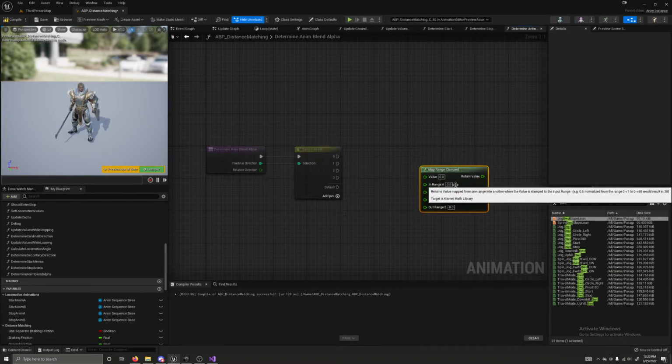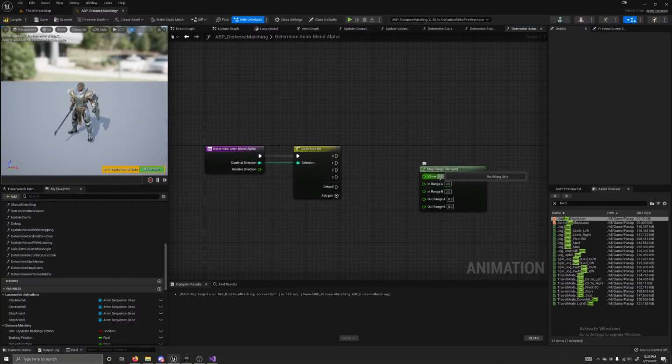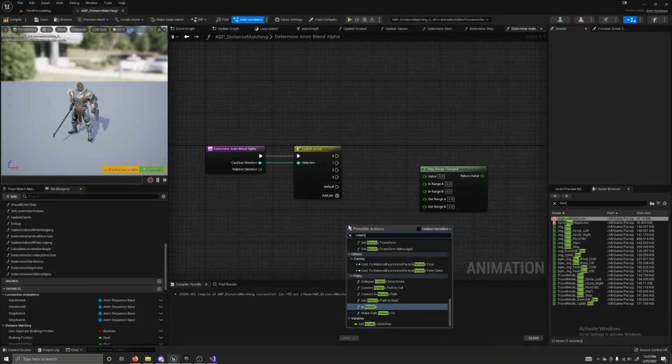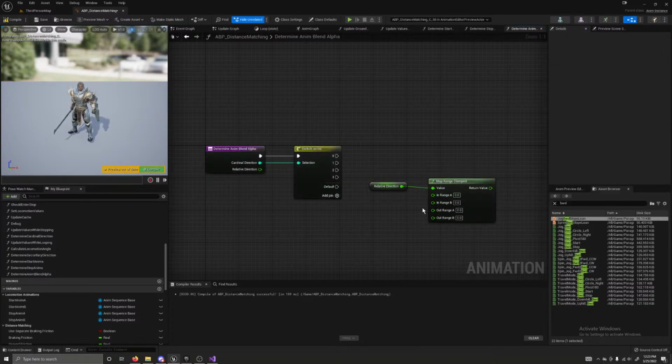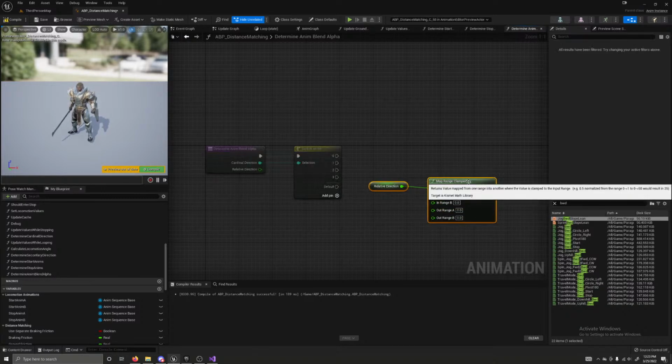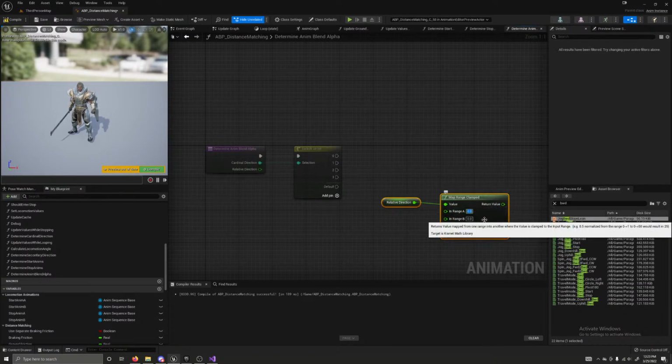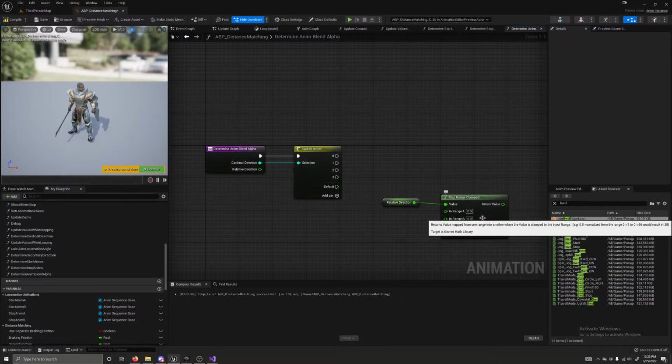So if we're going forward, I know that our value is going to be our relative direction. And in range A is going to be, for forward, it's going to be